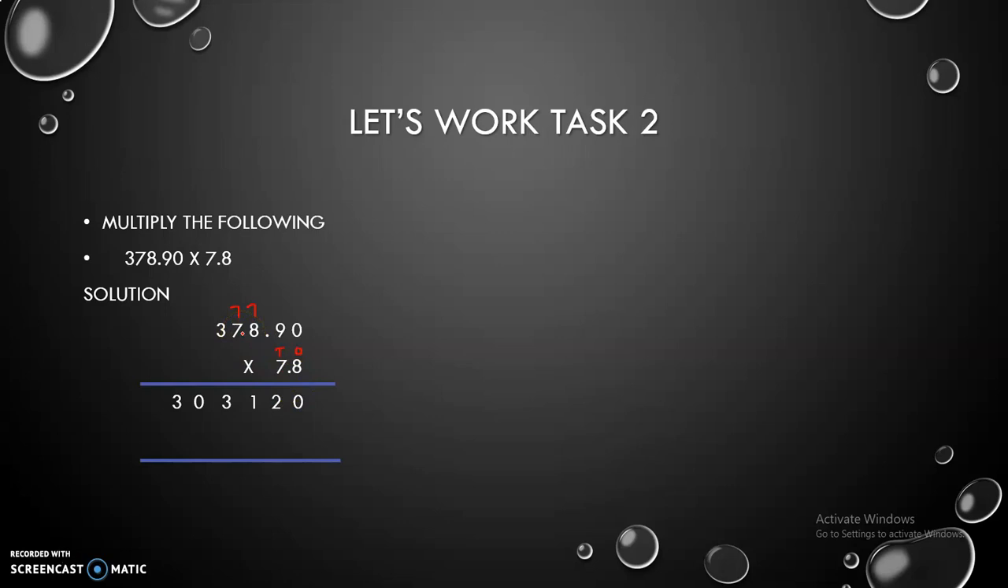8 sevens are 56. 56 plus 7, 63. 3, 6 carry. 8 threes are 24. 24 plus 6, 30. Now in second step,